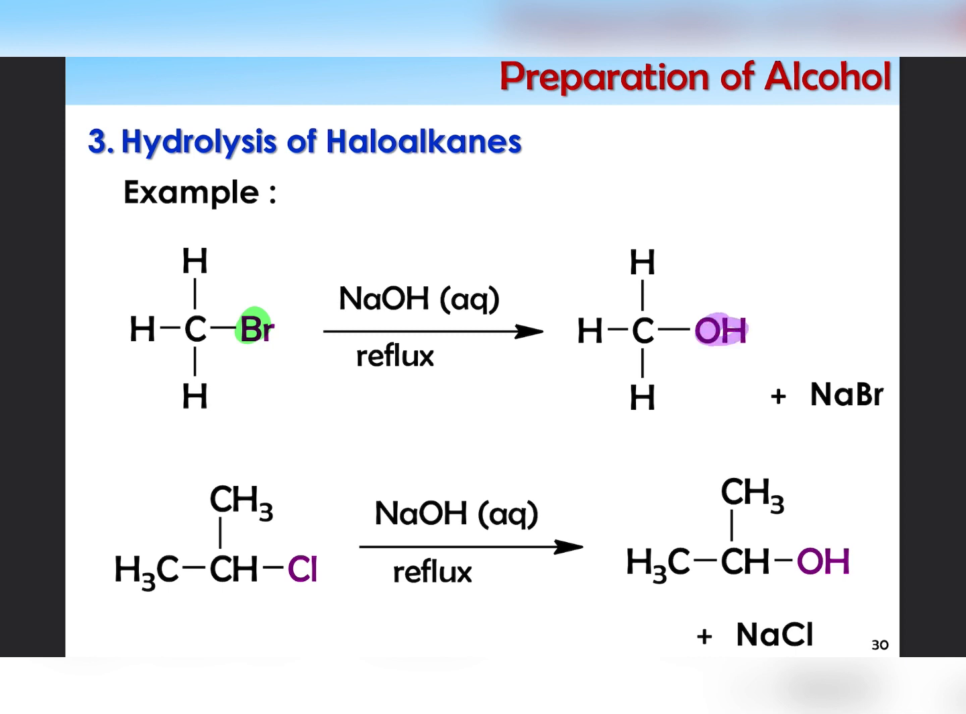So, OH ni dapat dari mana? Dapat from your strong nucleophile here. Kita react dengan NaOH and undergo reflux. So, untuk this reaction, you will get side product NaBr lah, because you are using Br as your halogen, haloalkane di sini. And the next example, let's say you have